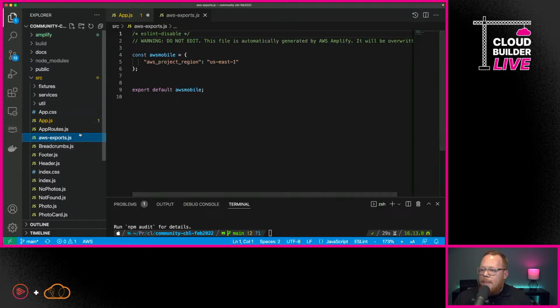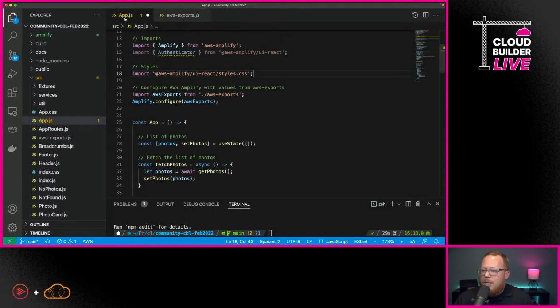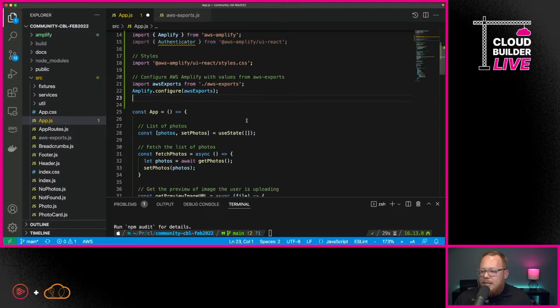Now, if I go open up aws-exports, there's really not a lot there yet, but this is the file that AWS uses to keep connected with what is actually in the cloud and what is local. So with this, for example, once it finishes creating everything for auth for us, for authentication and authorization, we're going to see a bunch more values listed in here. So this lets our React application know what those values need to be.